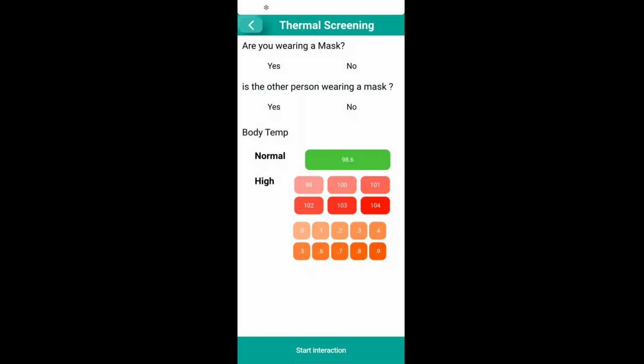So now you're interacting with Adam, you have an option to screen their temperature. We ask you if you are wearing a mask or if Adam is wearing a mask or not. Maybe Harsha, instead of saying is the other person wearing a mask, you might want to put their name there. That might be better since we already have their name. Yes, yes. Just minor adjustments as they're going through.